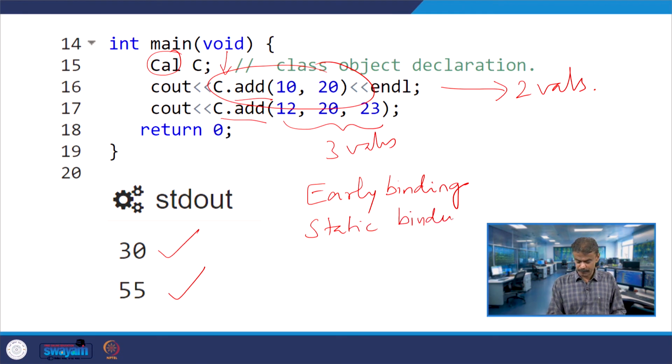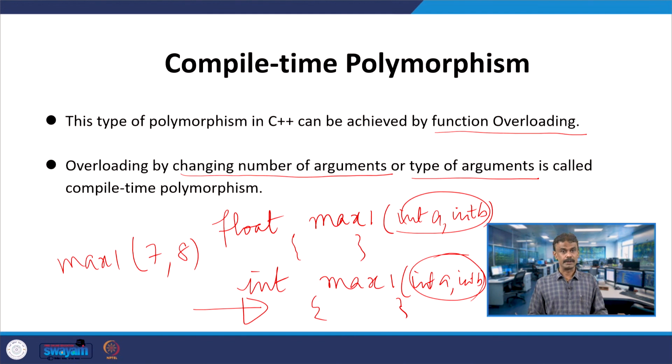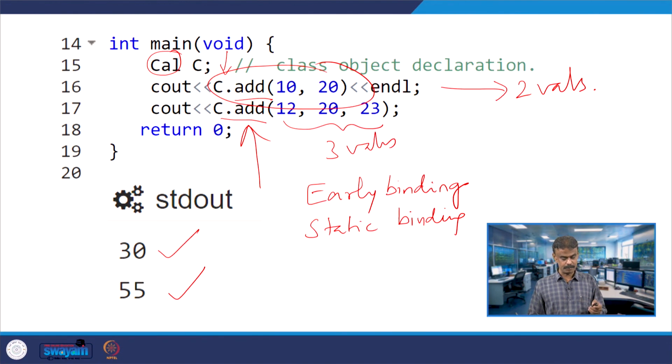All are the same: static binding, early binding and compile time polymorphism. The beauty of object oriented programming is that you can use the same function name as many times as possible, with the only rule that the number of arguments or the type of argument should be changed. You call this compile time polymorphism.